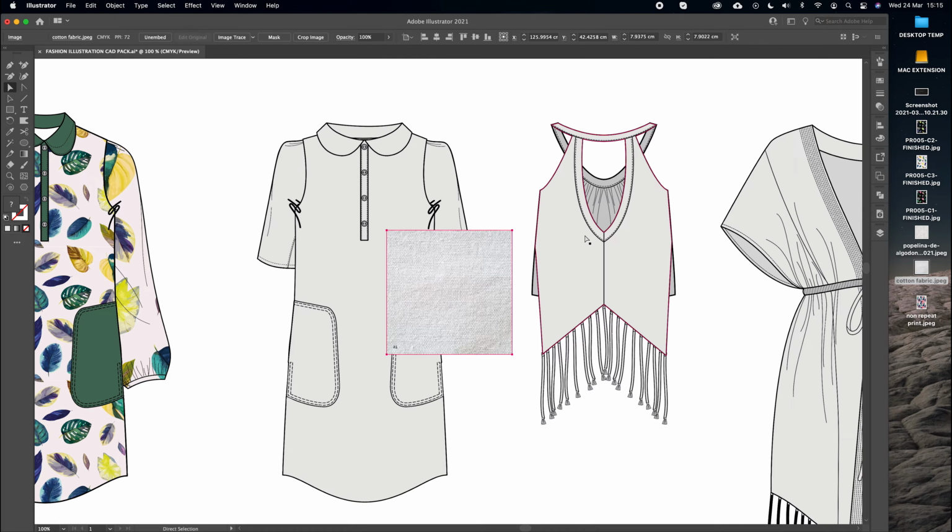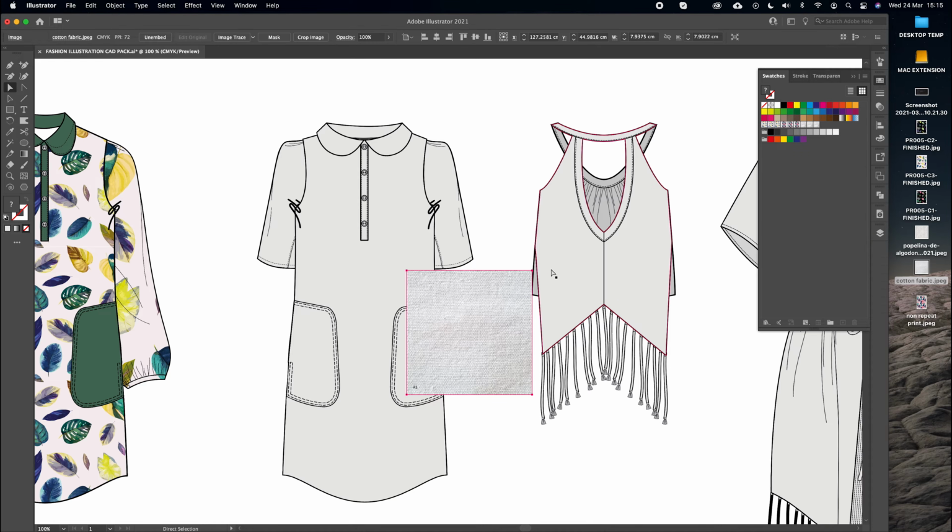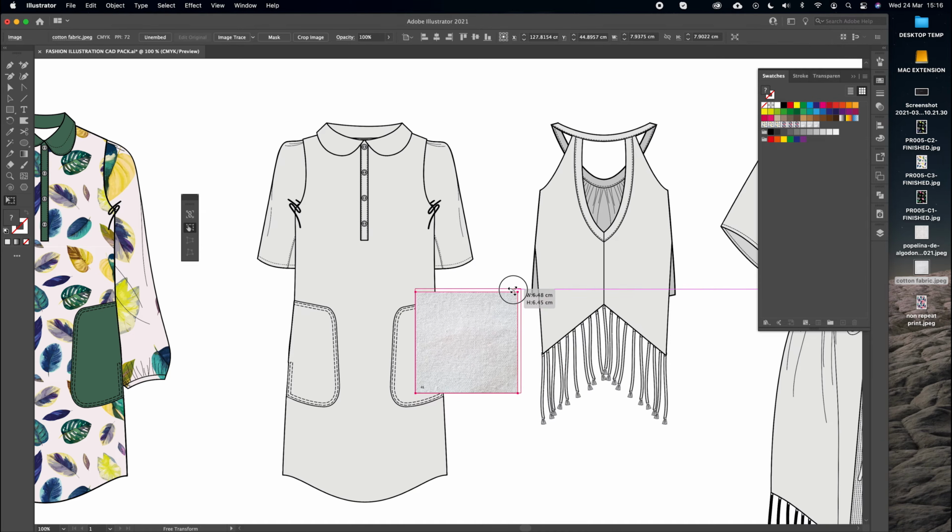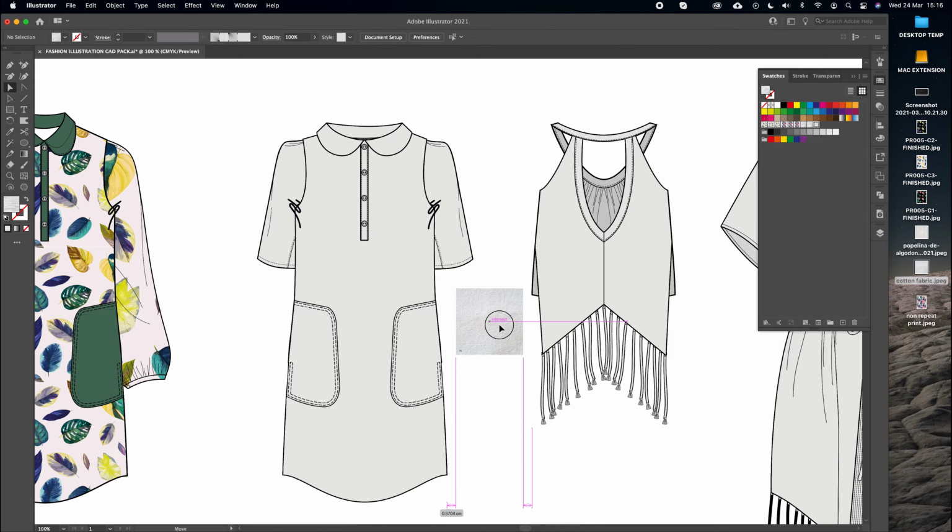So you could always go to your scanner, get your fabric of choice, and then scan it in, and obviously make your square and, for example, import that scan into Adobe Illustrator, and you would have this cotton texture, and then you could go to your swatches and just drag it into your swatches. Obviously, depending on what size you want it, so let's make it really small. And if I simply drag that into my swatches palette,